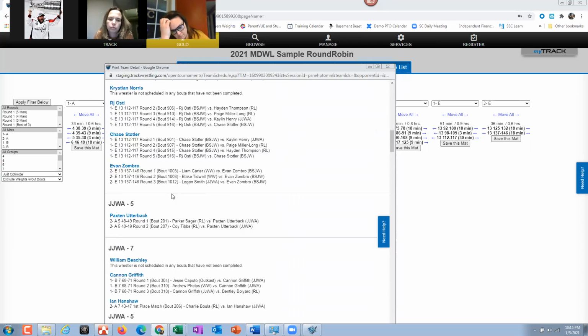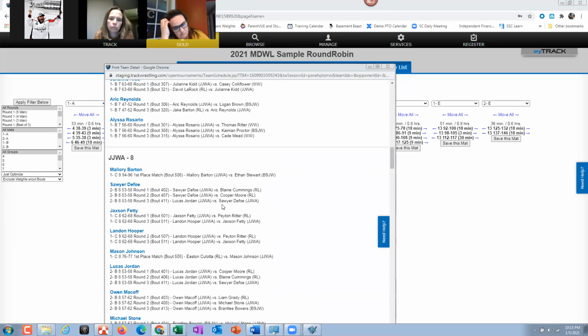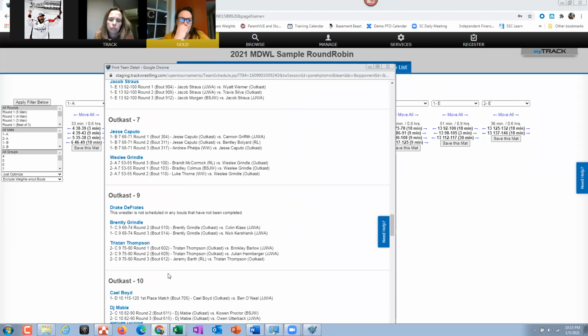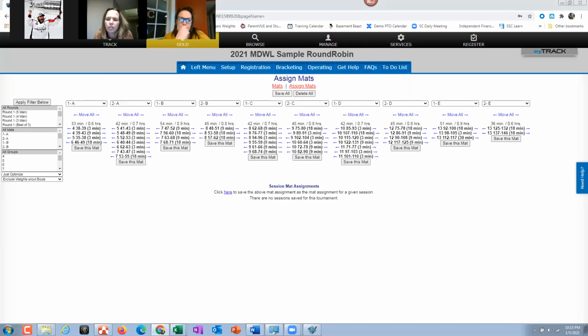But yeah, I would just print this out, and it does do page breaks, so you just give it to the coaches. They write the bout numbers. We actually didn't even write the bout numbers because, like I said, it was such a small area that we were actually pretty good to go for the most part. Yeah, I think Zach started to in the first session. I was like, well, why are you bothering?